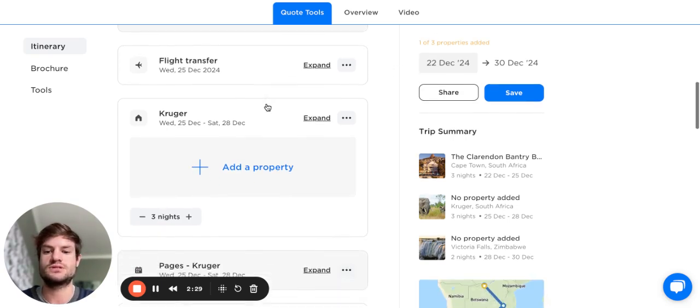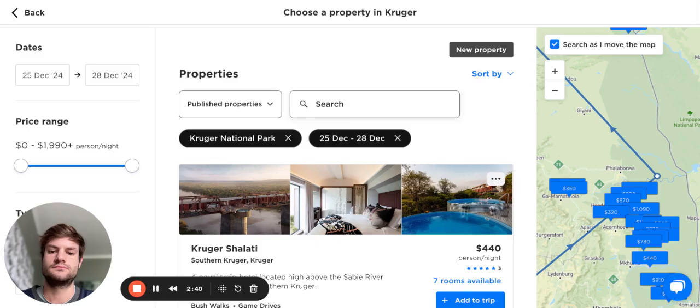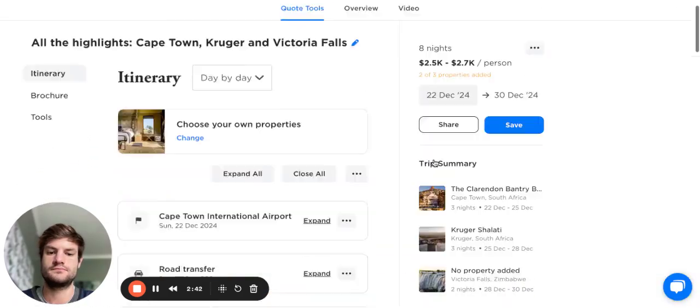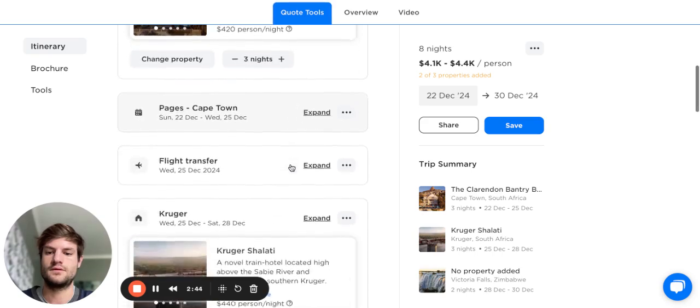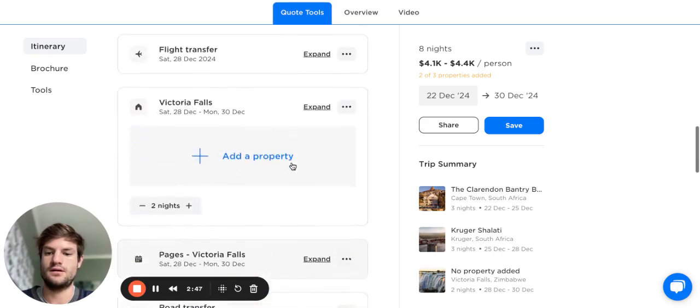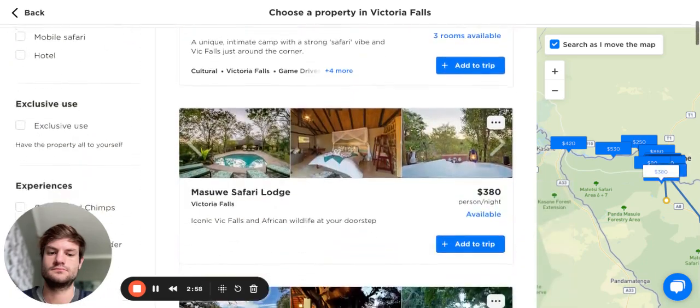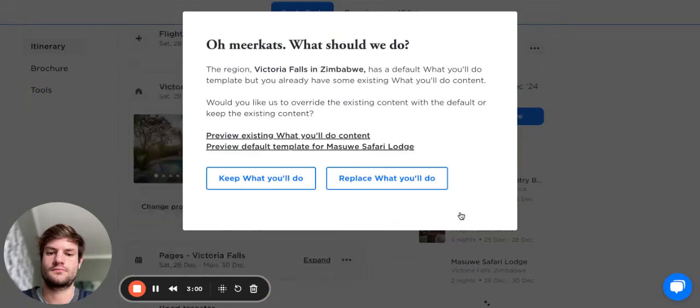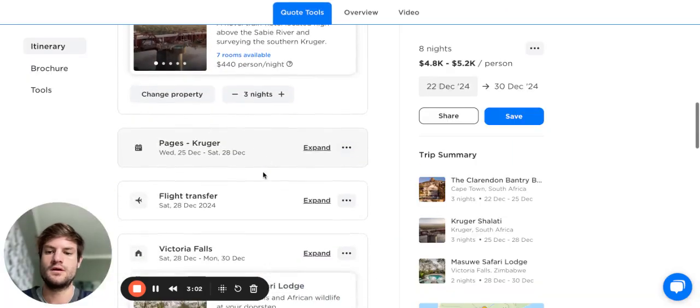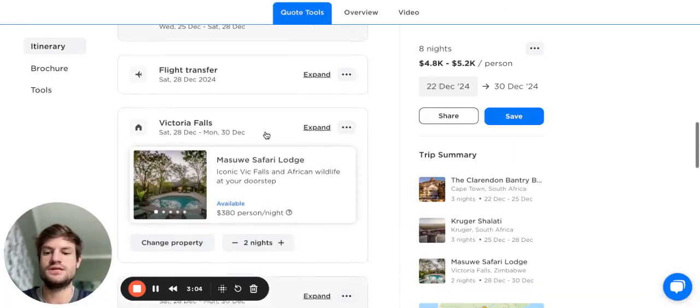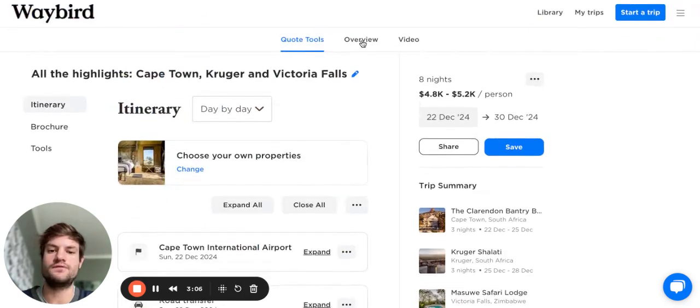So what I'm going to do next is just add a property into the next region, which is Kruger. There we go. And lastly, now that I've added in properties to each of the different regions, if we now come over to the overview